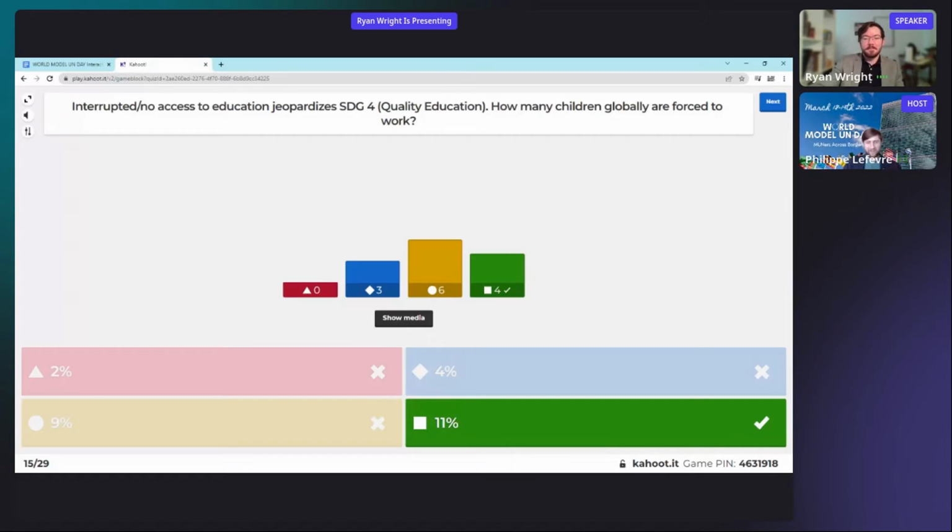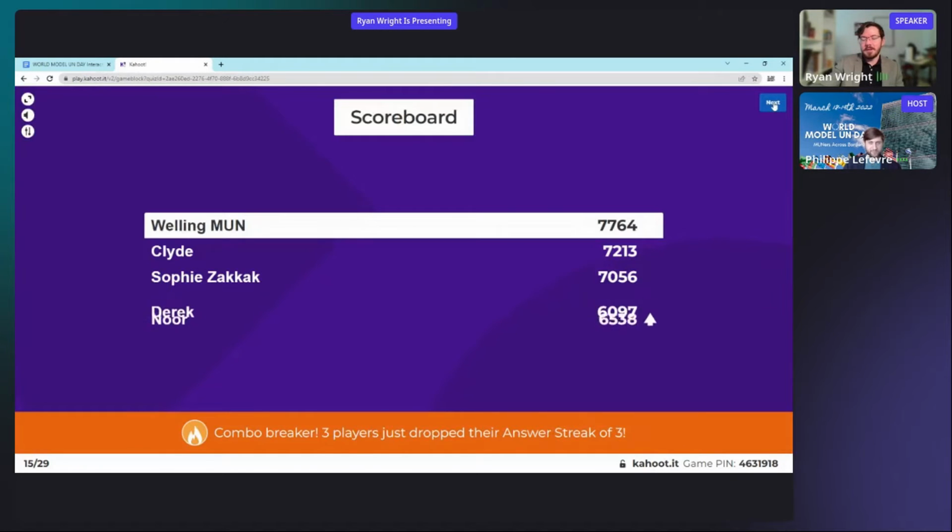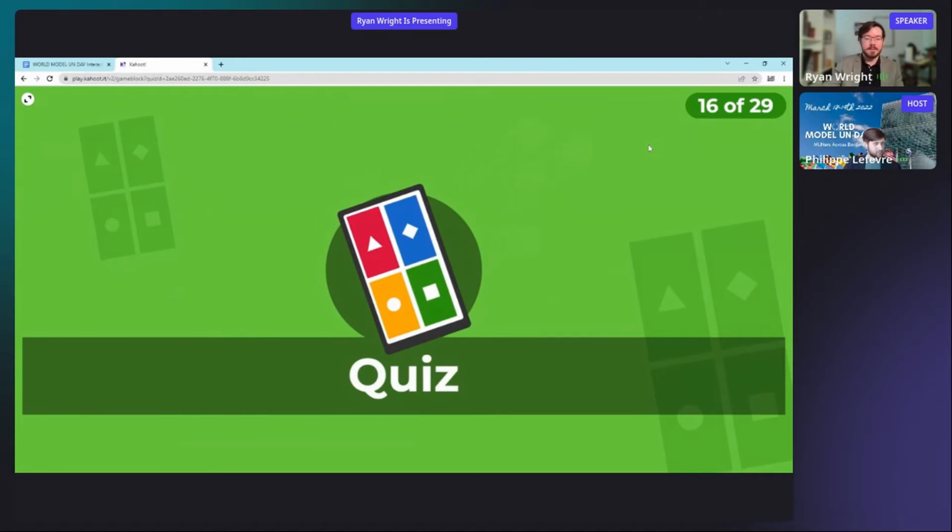Oh, that is so depressing. Oh, that really is. Wow. But again, the importance of doing quizzes like these is to help recognize where we're at on these SDGs and kind of highlight where there's still more work to be done.